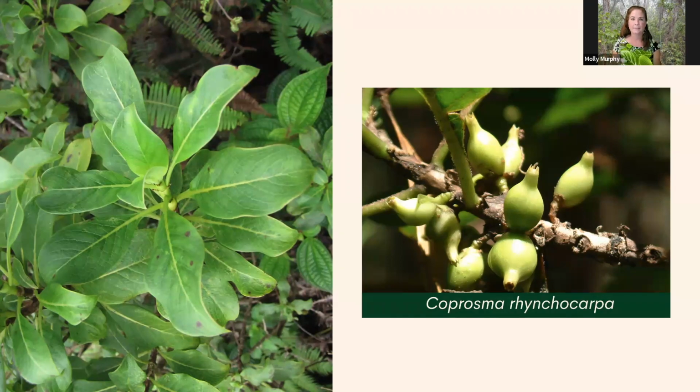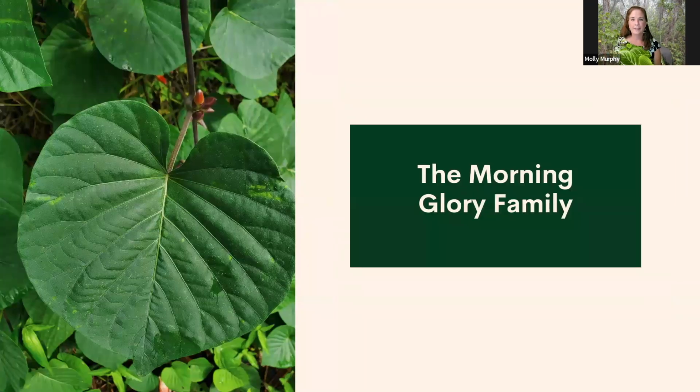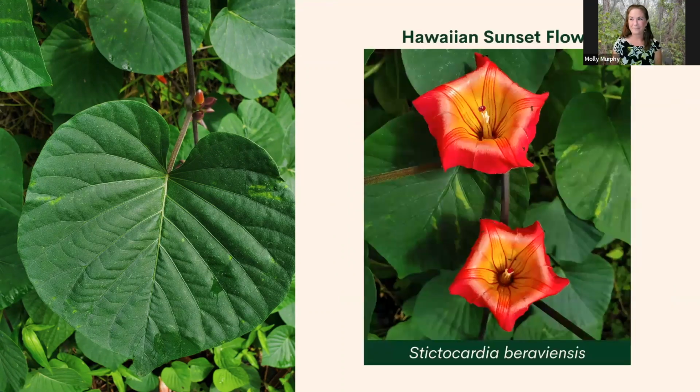Next slide. So here we have a picture of a leaf. It's distinctive. It's got a heart shape. I can see the way that the venation works. You know, it's a cordate or heart-shaped leaf. So from this, I can tell it's a morning glory family, but that's all I can tell without any more flowers or fruit. Next slide.